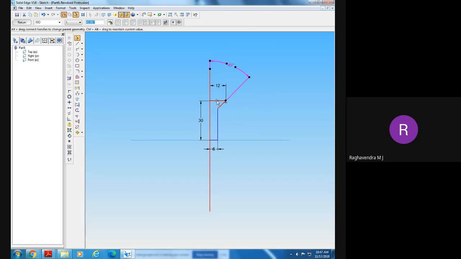How much will the depth be? Naturally, how much will it be? 6 millimeter. Yes, 6 millimeter by trigonometry. Whenever you give this 12 millimeters and 45 degree, this depth will be 6 millimeters, naturally it will come. Okay, now select axis of revolution. Either select the plane or this line. Both are okay. And go to